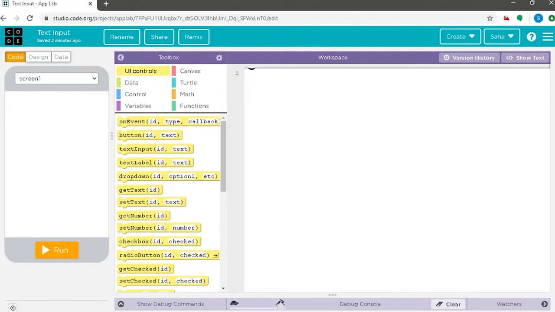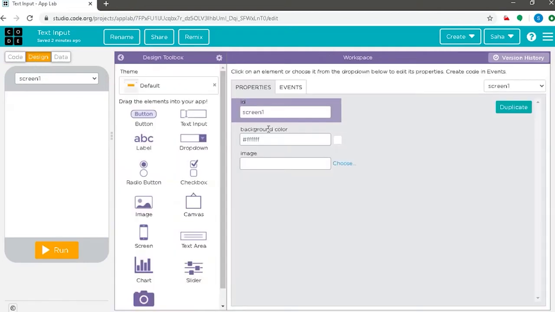Yes. So firstly, for this project, we will again understand how our toolbox works with various commands. This is a very simple project. To create the backdrop of this project on the visualizing screen, we should be switching to the design mode, so I will click on the design button. And as you know, we are on screen 1.